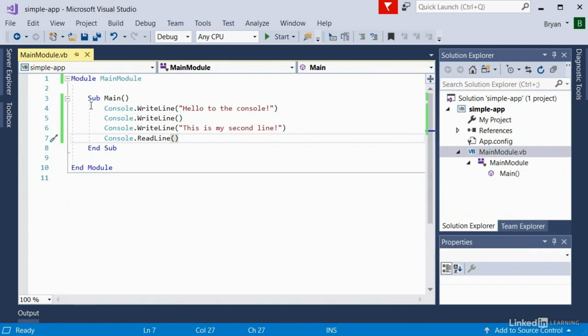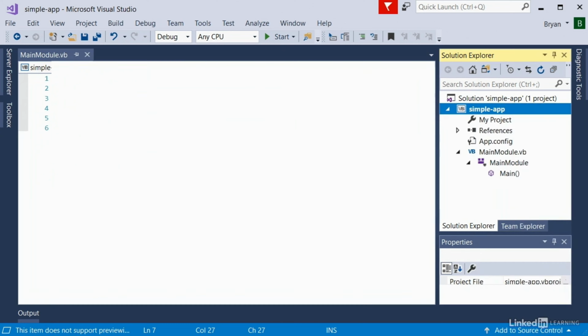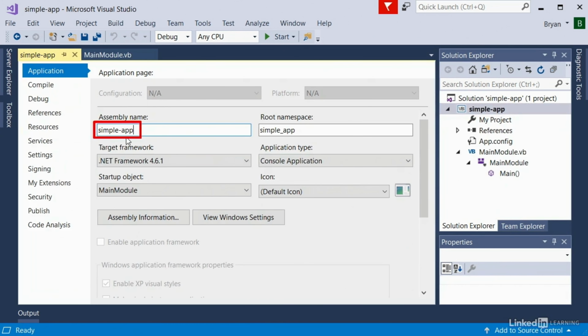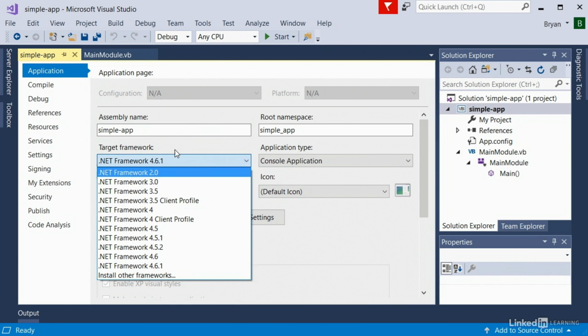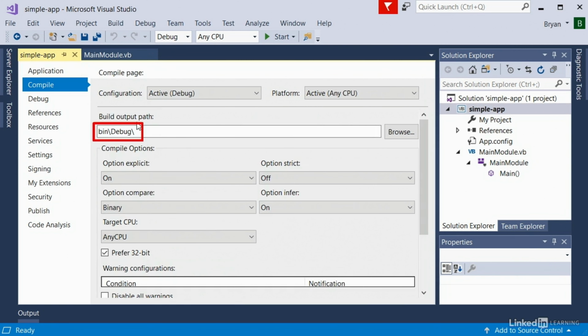So I wanted to remind you that these lines of VB.NET code that I've written are being compiled into a single file in a language that the computer understands very well, so it runs really quickly. If I right-click on my simple app and scroll down to the bottom here and select Properties, the assembly name is the name that's going to be used for this file that we compile. Again, we can change the .NET framework that we're using, and we can even choose which application type we're dealing with. What's important is over here in the Compile tab, you can see the output path where this file is